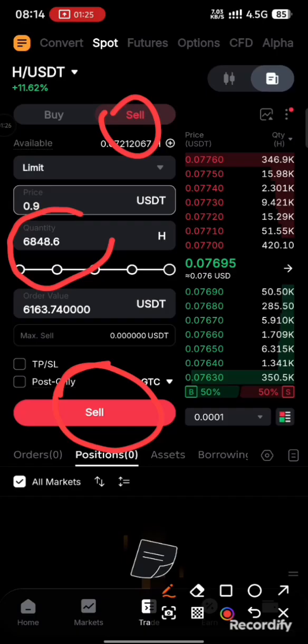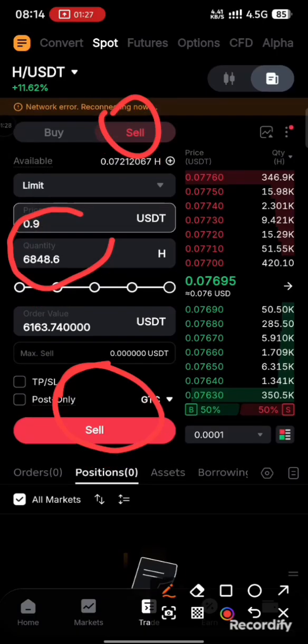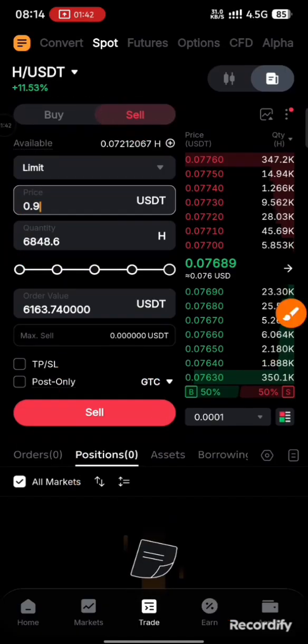After clicking on sell, you're going to wait. Everything will now be at this position's price. So you will wait until the price gets to this particular place. It will sell for you automatically even when you are offline. All right, so